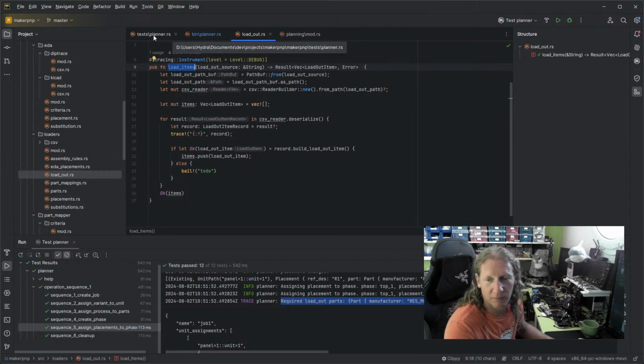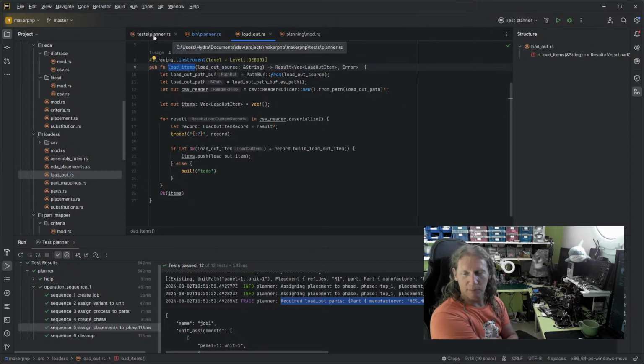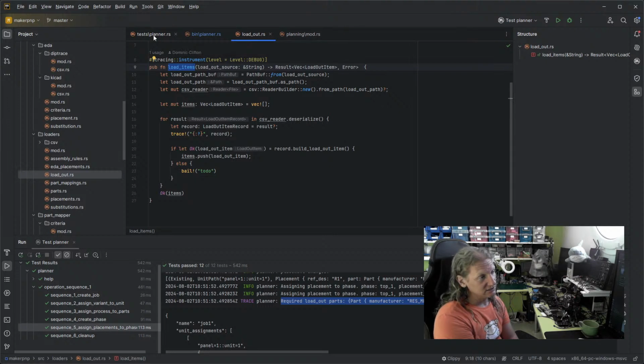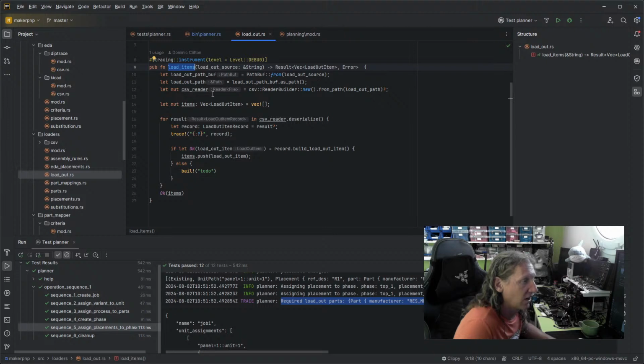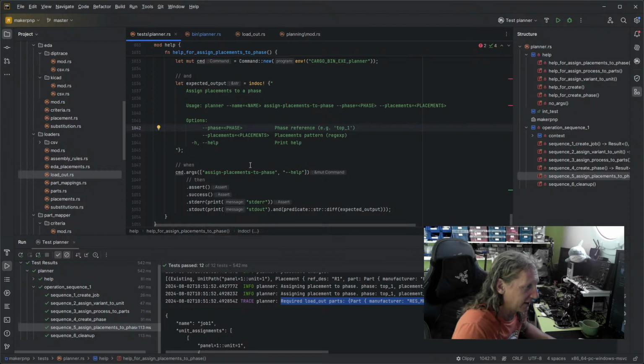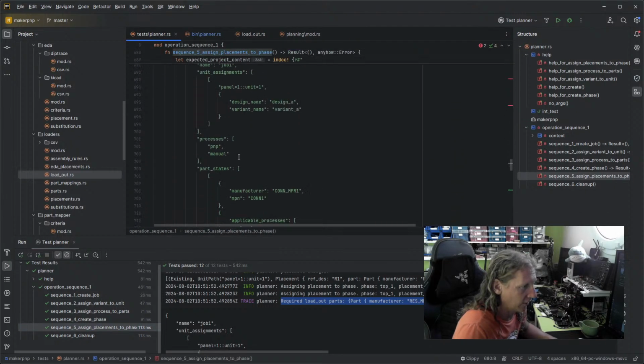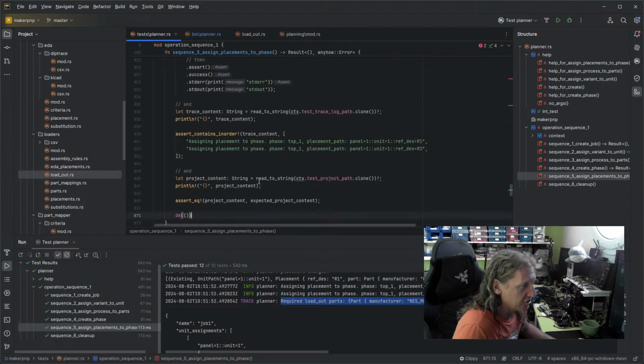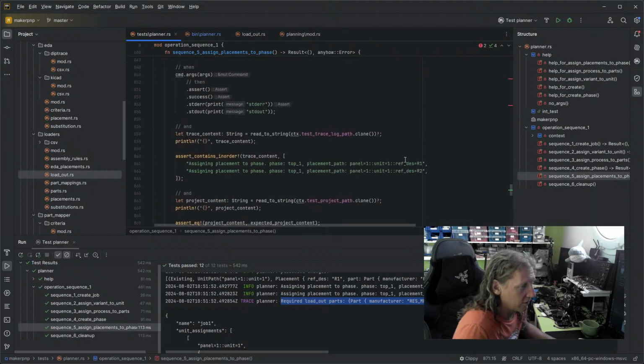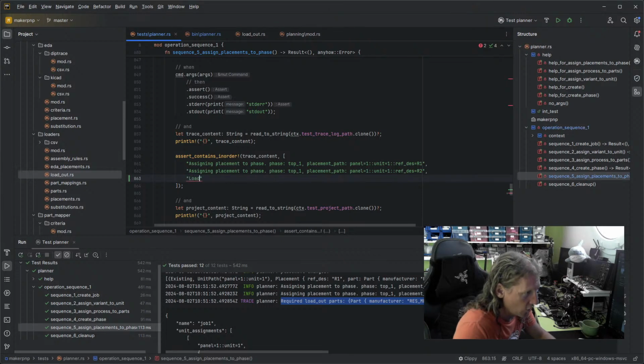But before we can use that, I suppose we should make it print out the fact that it's loading the loadout file. I don't know whether that's particularly useful. It probably is useful. Let's make it do it. All right, here we go. So, changing the test. We assign placements, fine, and then we say loading loadout from